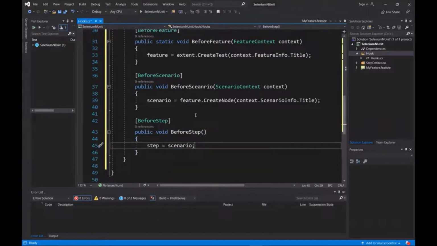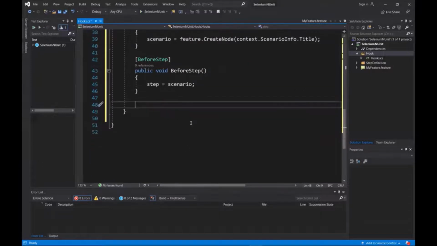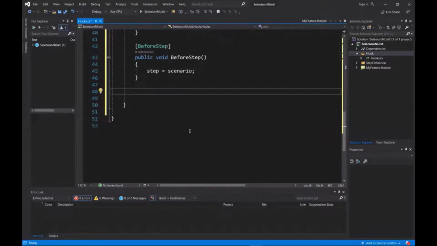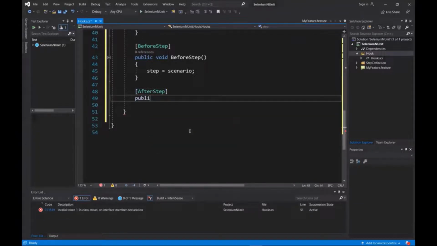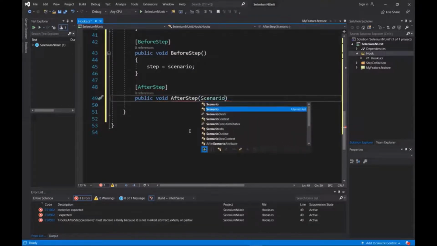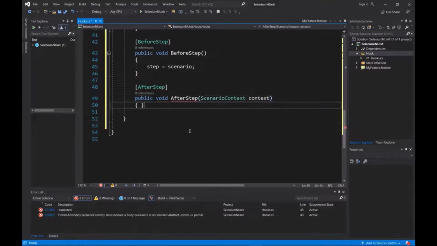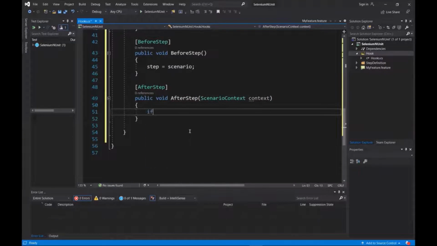Now the important thing is to mark a test step as fail or pass in Extent Report. To do that, we'll use the AfterStep hook. This hook will be called after each test step run. So we'll create code to log the test step as fail or pass based on its outcome. To get the outcome of the execution, we will again use ScenarioContext as a method argument.